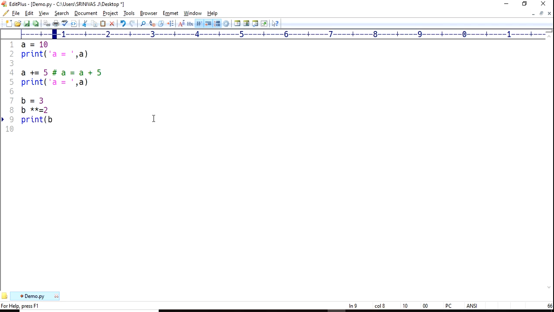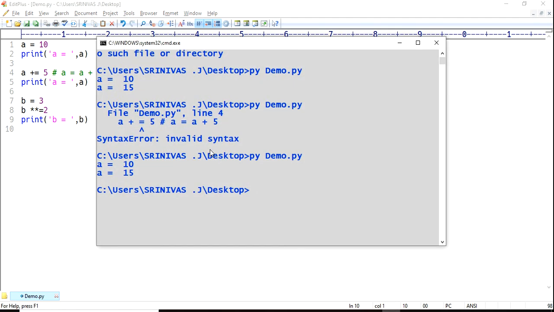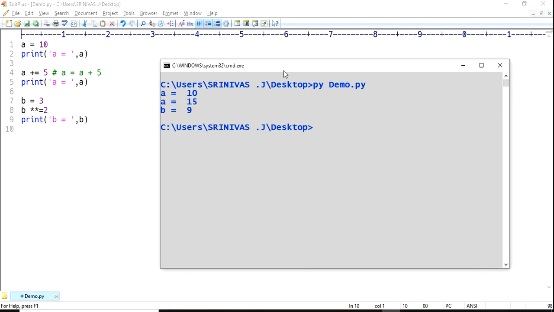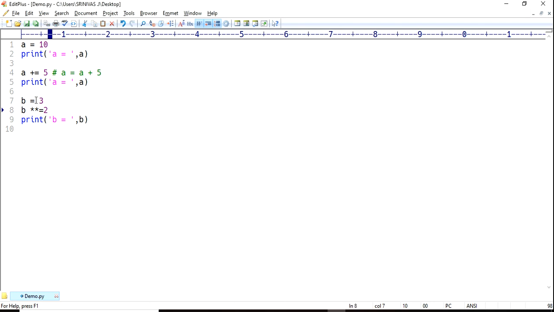Print b. Exponent is nothing but power, 3 power 2. Save the file, py demo dot py. See, the answer is 9. 3 squared, 3 power 2, is nothing but 9. This is about examples of the assignment operator.